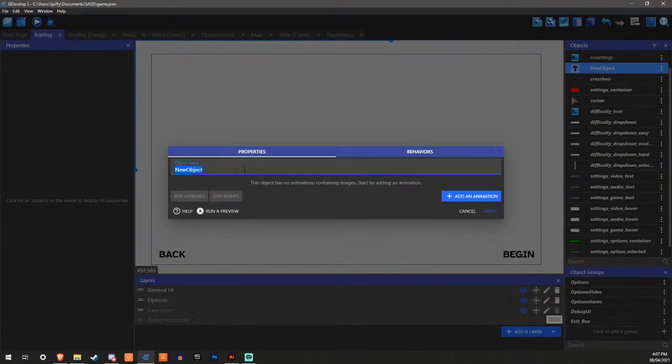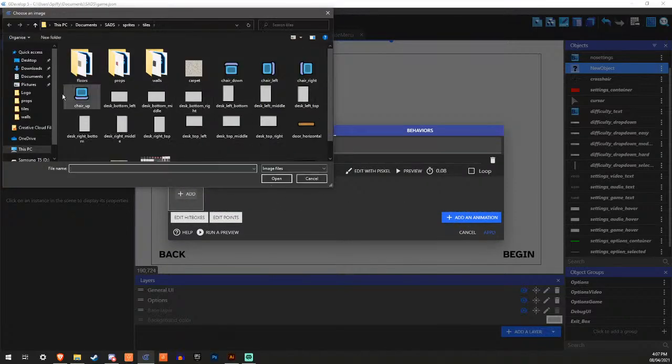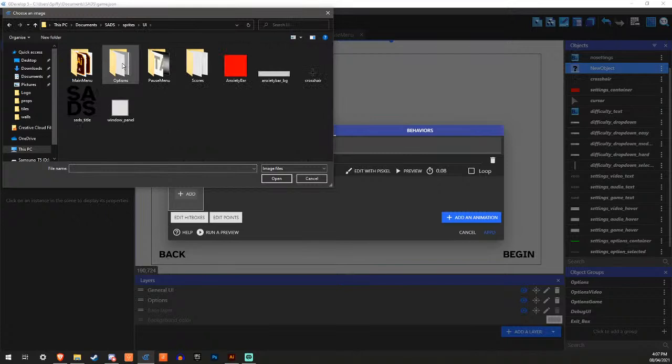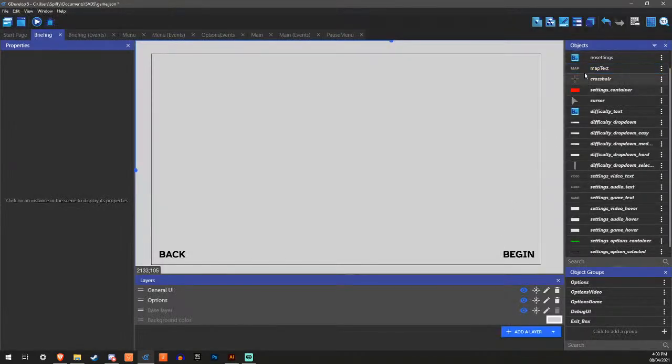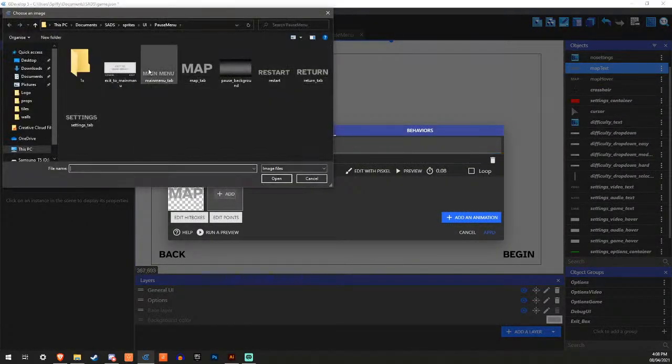So let's start adding in tons of objects. That can go there. Remove that hover, which is going to have.